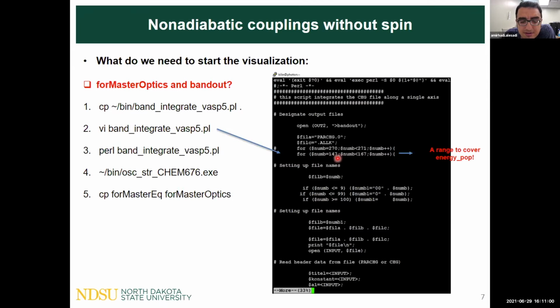We need to specify the first orbital and the last orbital plus 1. Here in the energy pop, the last orbital was 166, but this value should be plus 1, so 165. And after running this code, perl band integrate VAS5, it will give us a bandout file. So after running this code and adjusting the orbital numbers, the code will give us the bandout